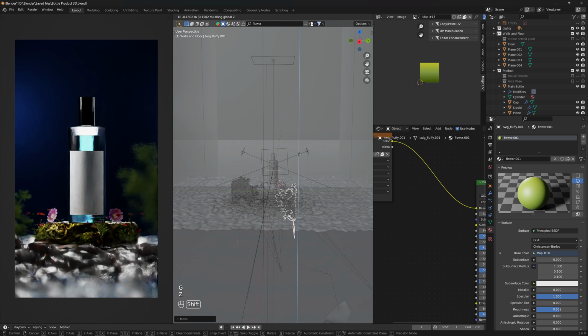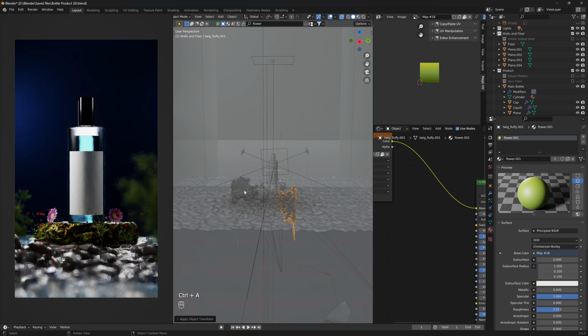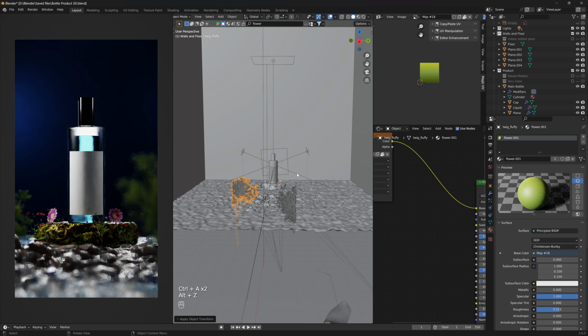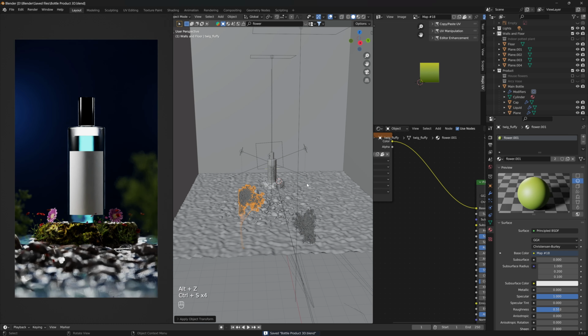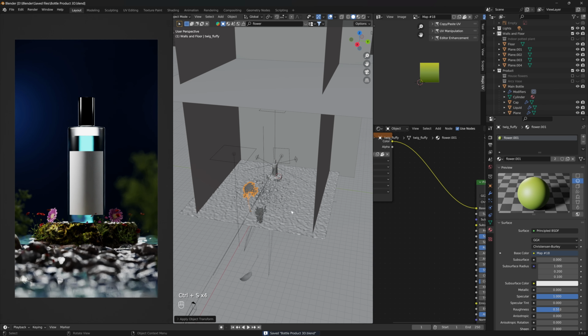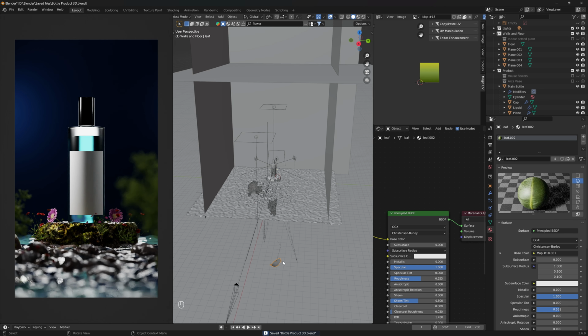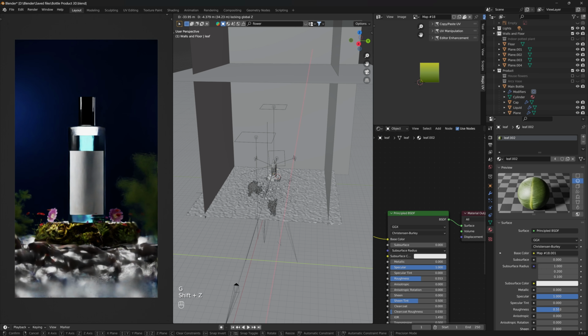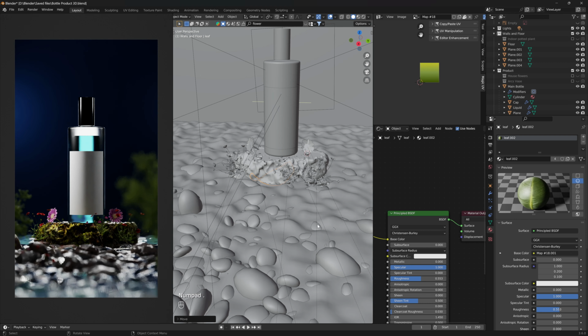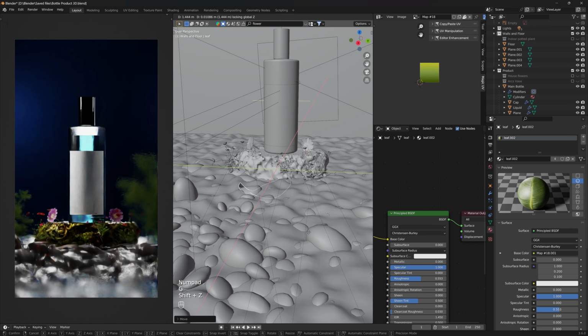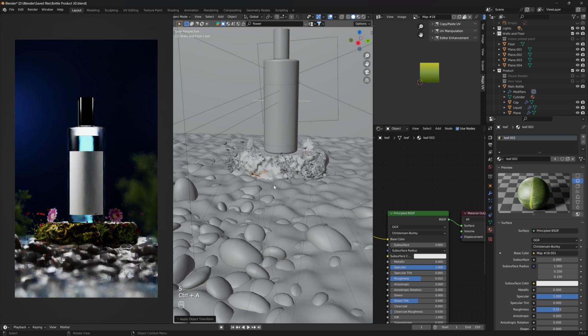Maybe that is too high. This much is fine. Control A, apply scale, Alt Z, yup, that is looking great. And we can use this leaf also, G shift G again, and put it over here, and then again GZ, maybe make it smaller, Control A, apply scale,